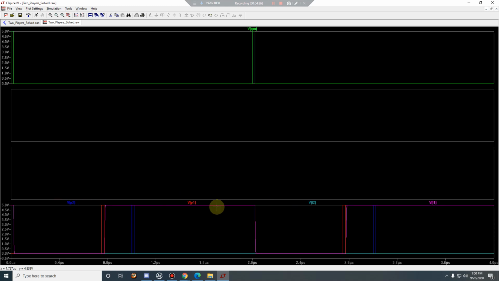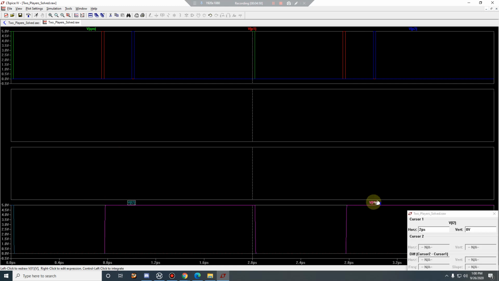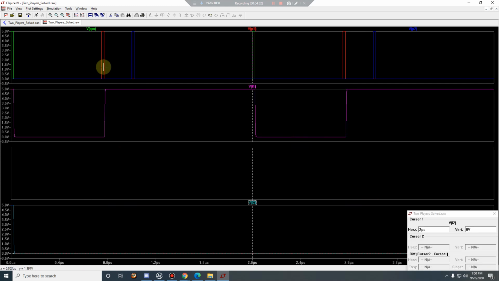This was the quiz master switch. This was the input signal for player 1, and this is for player 2. The player 1 is putting it ahead, and this is the output of player 1. If you see, the moment player 1 has selected 1, his output has gone up.